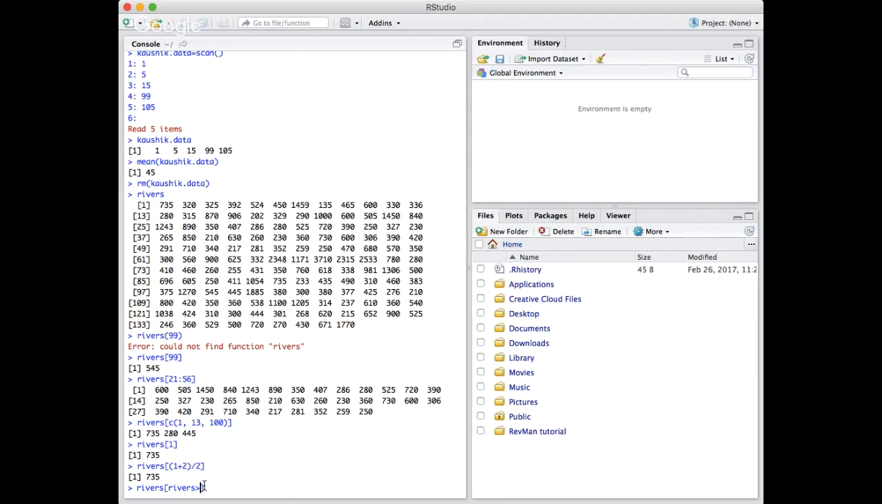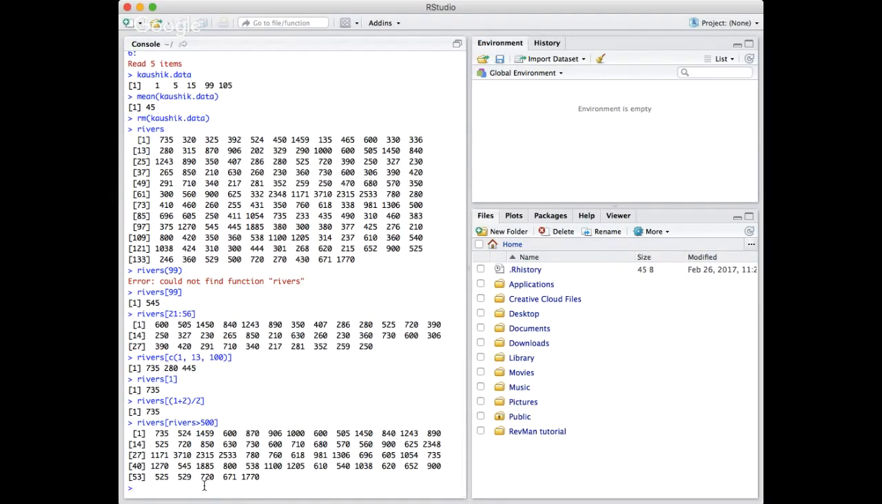Greater than 500. So look, it has returned all the values that are more than 500, right? And so from your data set, if you want to select which values are greater than a number,